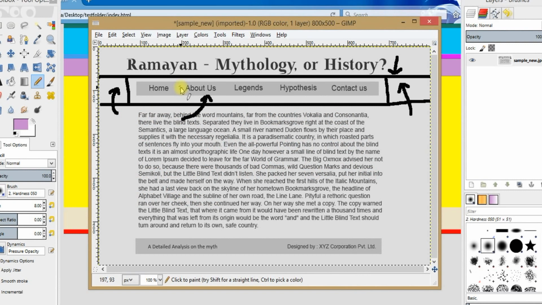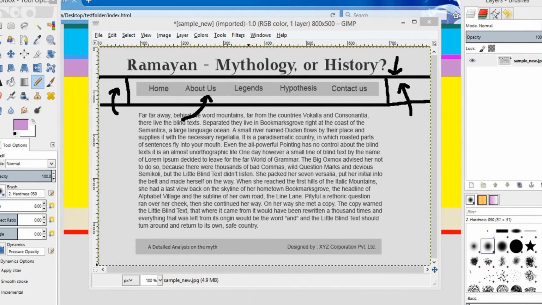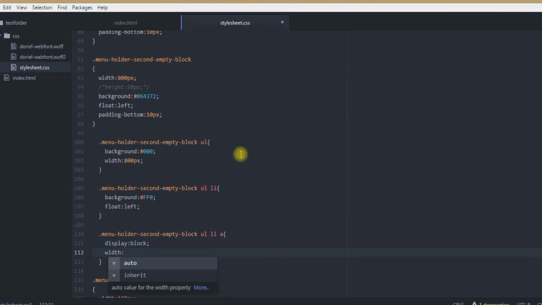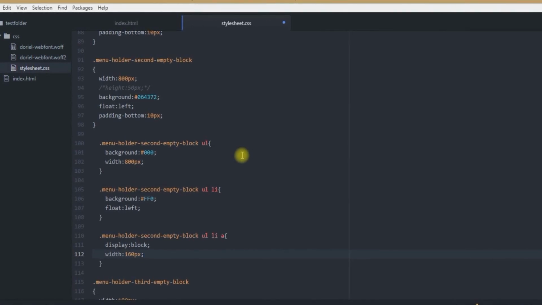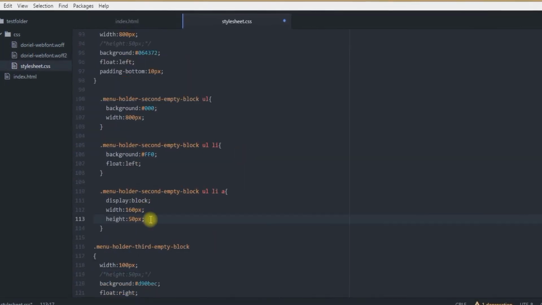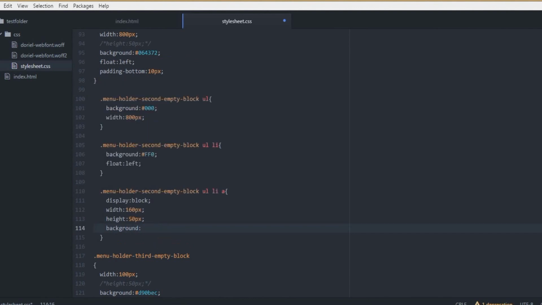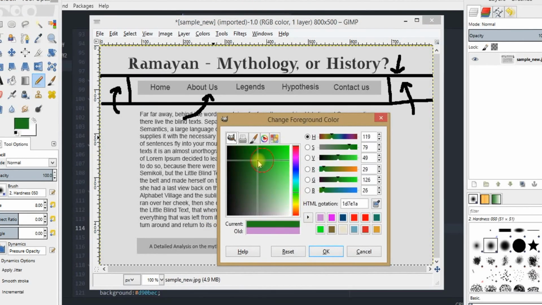That means 800 pixels divided by 5, which comes down to 160 pixels for each block. So all we need to do while mentioning that fact over here, we are mentioning that the width is 160 pixels for each block. The height we intended to be over here is 50 pixels.